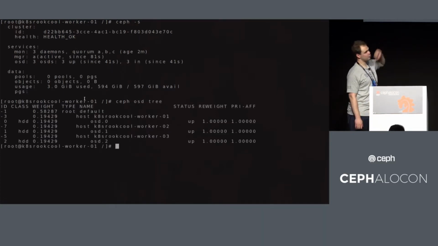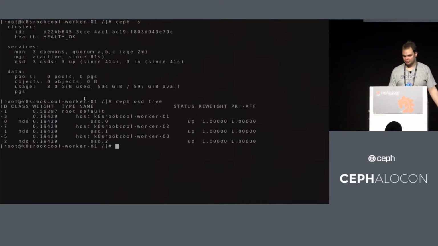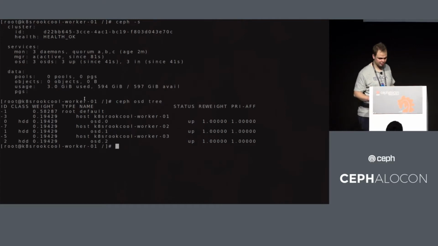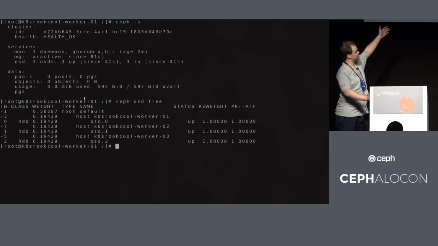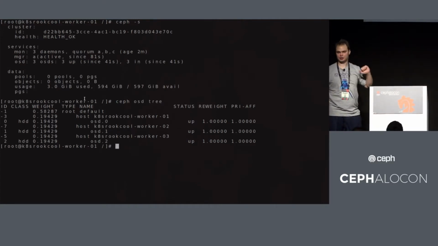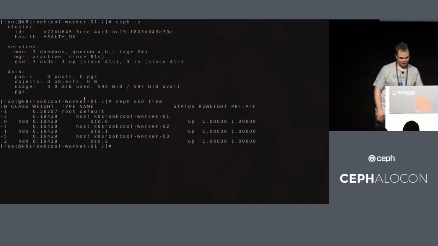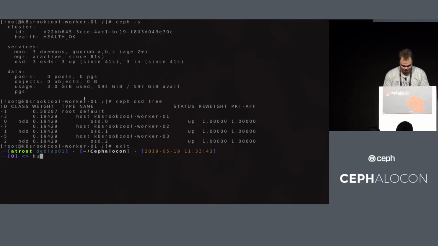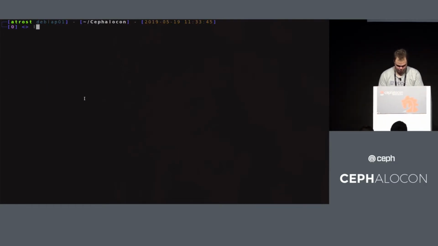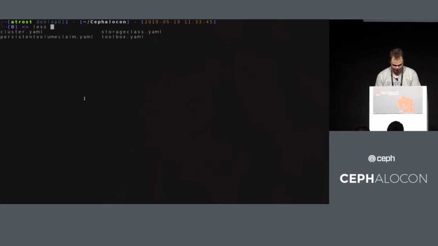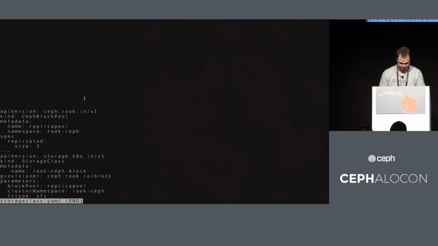We have 3 worker nodes in this case, or well, 3 servers. We have the ceph -s, it's healthy. Well, we haven't created a pool yet, but we can do it in a second. And the ceph osd tree output is also looking good. We have the 3 OSDs up and running. And even now, if we would just go to, where is the file? To this wonderful YAML,